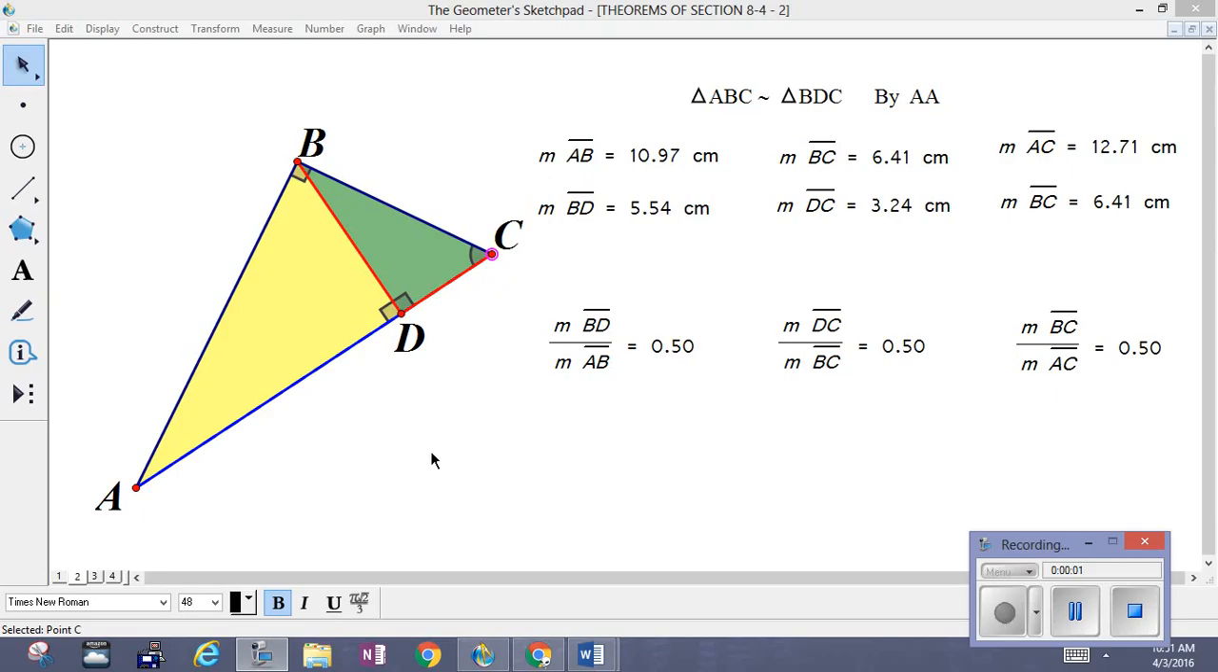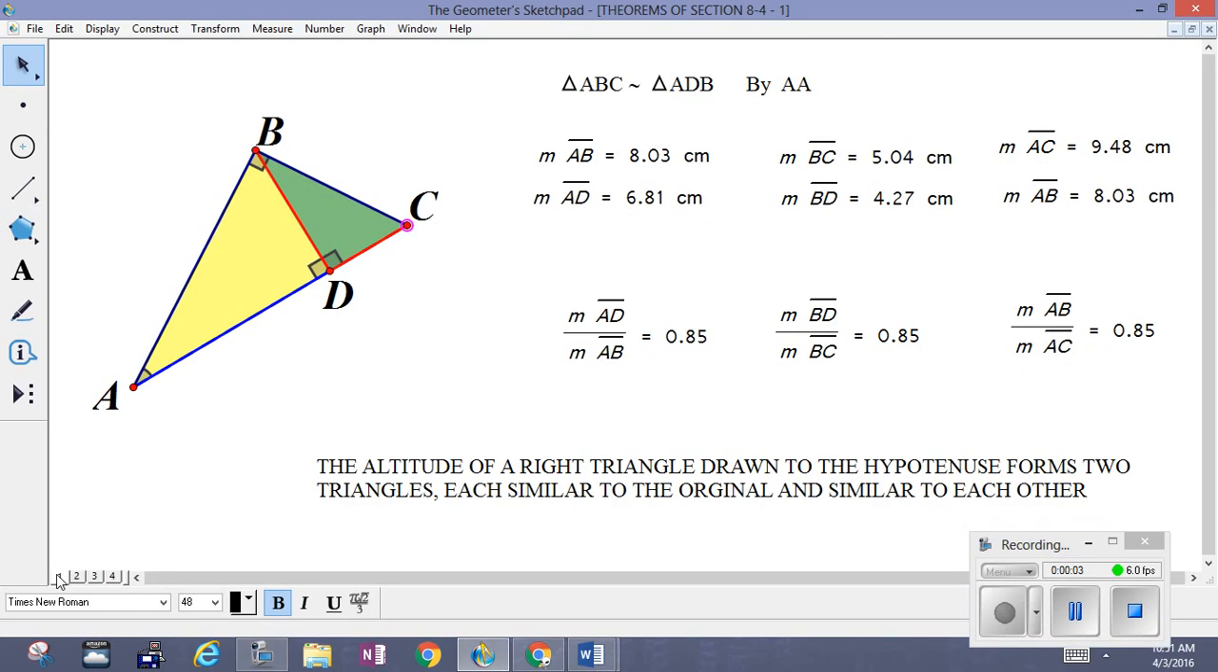Okay, we're back. Now if you'll recall, what we showed in the previous video was that when the altitude, segment BD, is drawn from the right angle to the hypotenuse, making a right angle, we get two new triangles formed. Each of these triangles was similar to the original triangle, so the yellow is similar to the all-inclusive ABC,